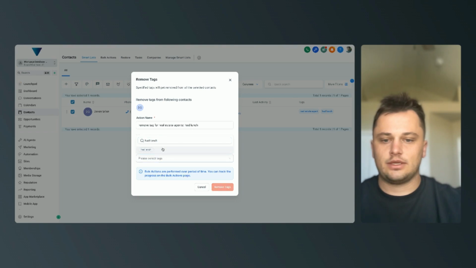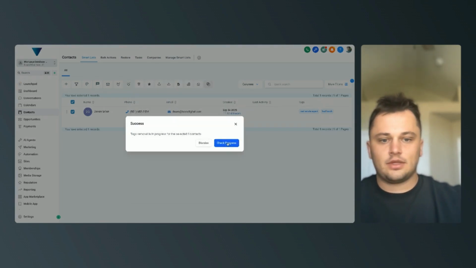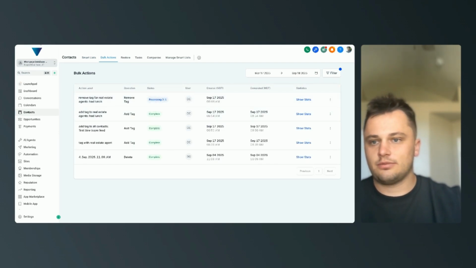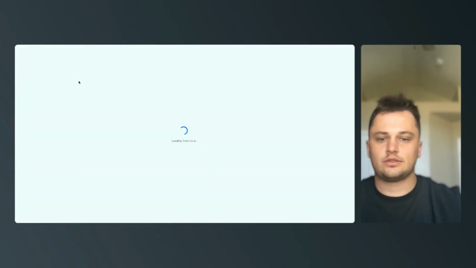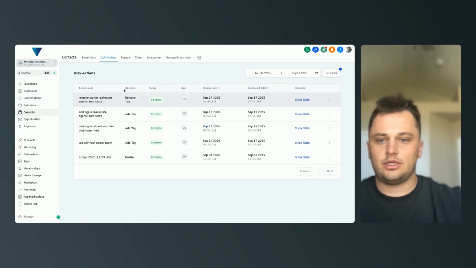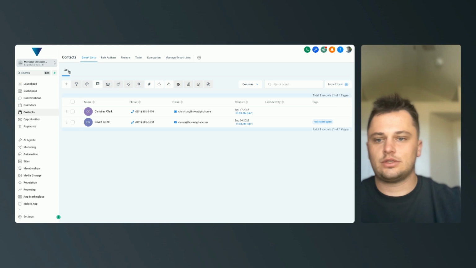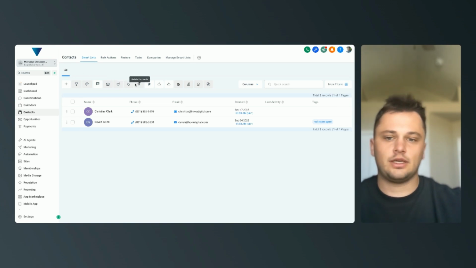And so, yep, that's there. And I can click onto that and then hit remove tags. And I can check the progress, and looks like it's processing 0%. If I just refresh, I bet that's over with. Complete. Yep. And so I'll go to contacts, my smart lists here, which is probably a different video